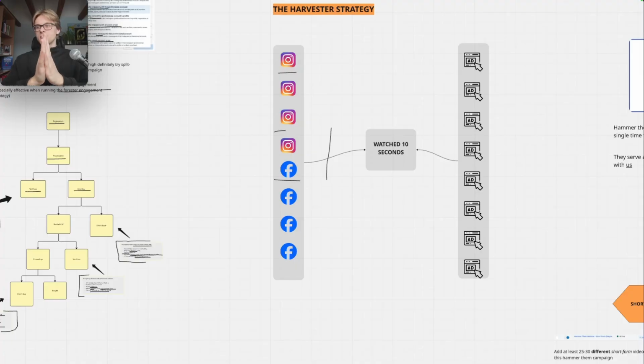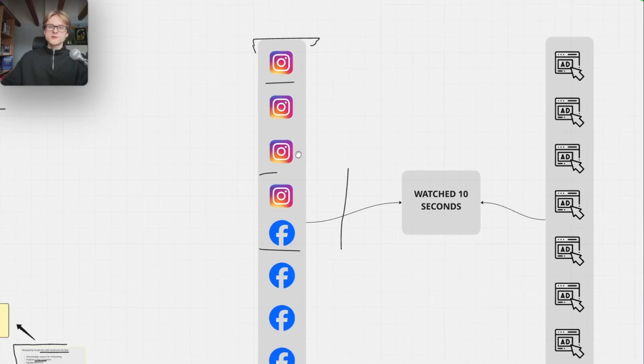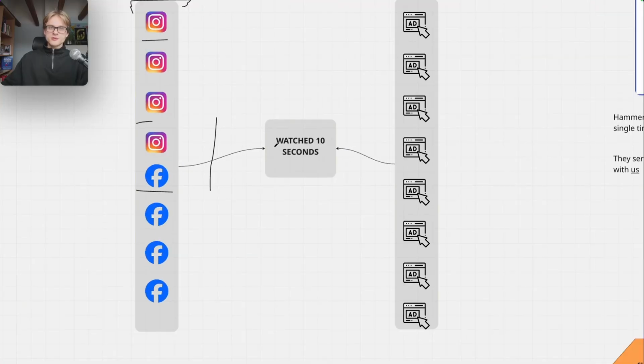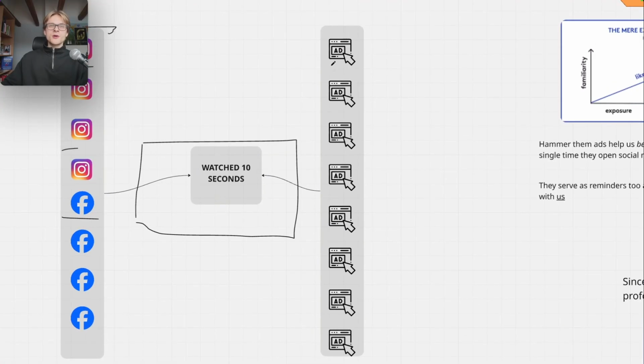So first of all, you're making these guys aware through the harvest strategy. This is basically a bin where they get rotated through with 10 different posts. And when someone watches 10 seconds of these videos, they get added to a retargeting audience. This is where you then want to target them with direct response ads.